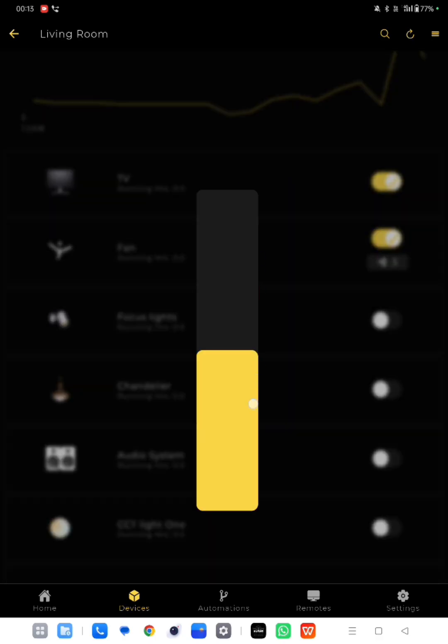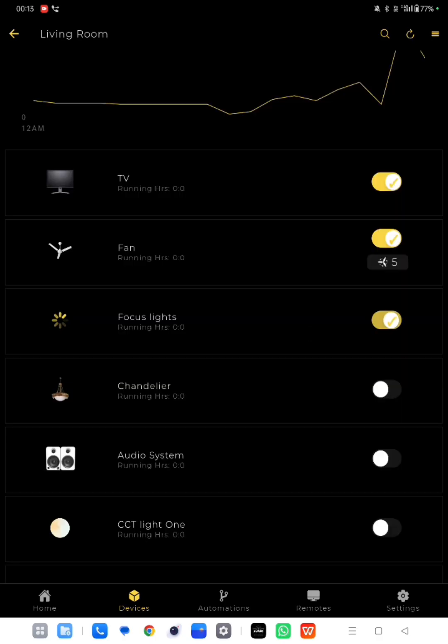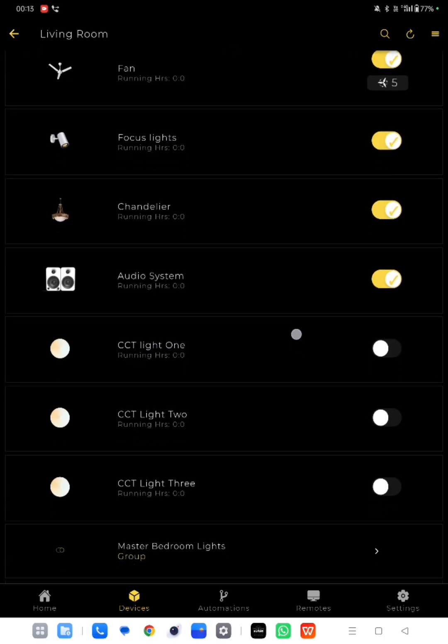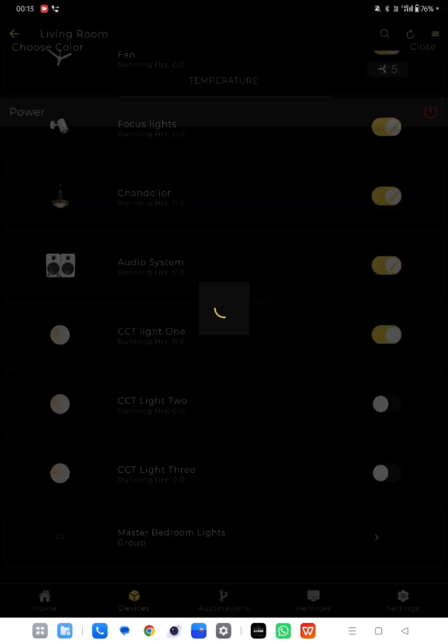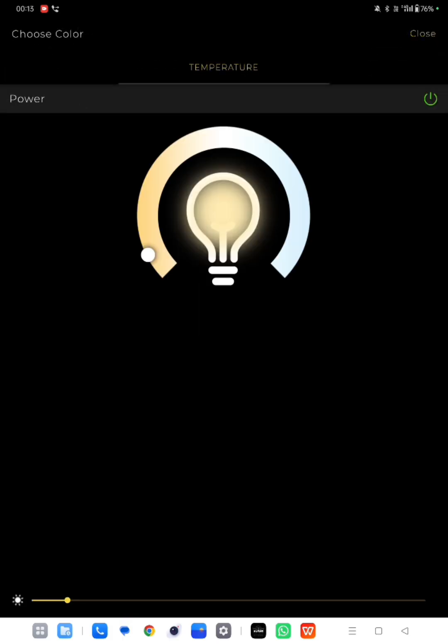If I want to regulate the speed of fan, I can regulate from here. If I want to turn it on, turn it off, anything, you can turn it on and off as per your requirement. And one option of the lights which are very common in the market, and which are very demanding in the market, is the CCT lights, which are temperature changing lights, in which you can dim and tune the light provided by a driver, which is a hardware product. So you can easily dim or tune the light through this GUI, through this interface,